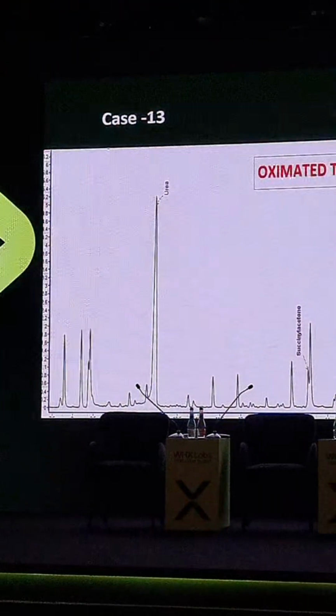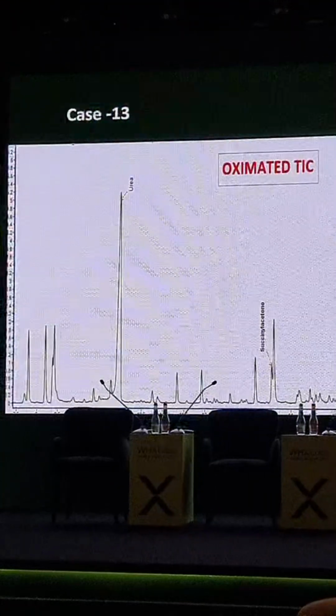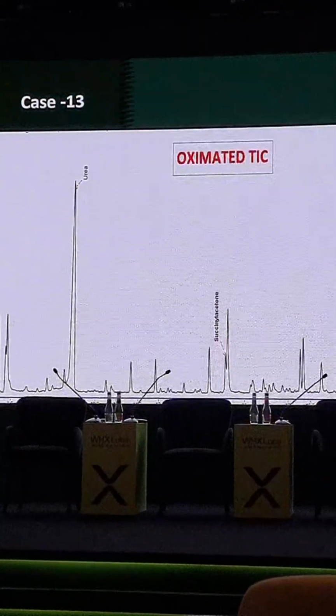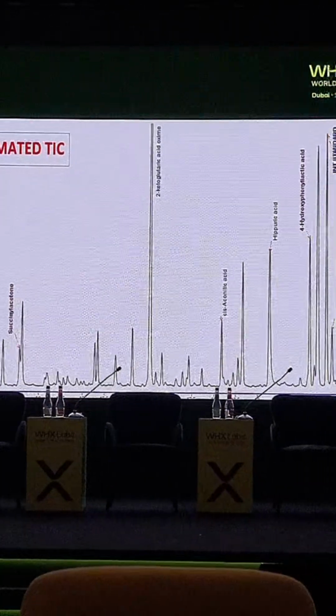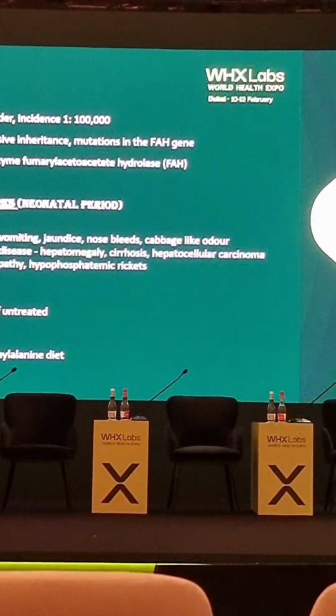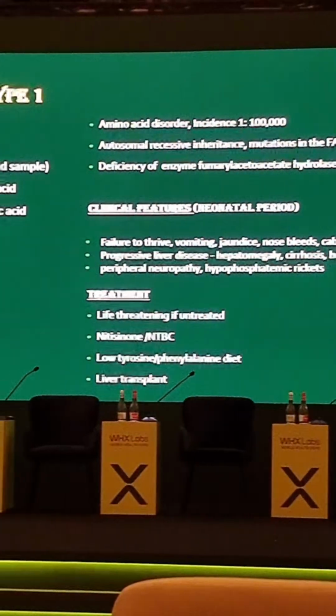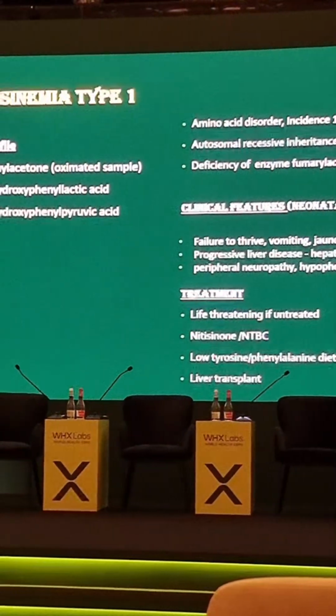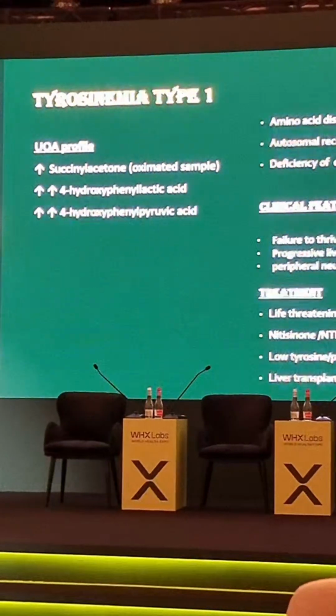Coming to the next case, here you can see a moderate elevation of succinylacetone along with tyrosine metabolites 4-hydroxyphenyl lactic acid and 4-hydroxyphenyl pyruvic acid. So this is a case of tyrosinemia type 1. This is an amino acid disorder with an incidence of 1 in 100,000, and this is caused by deficiency of